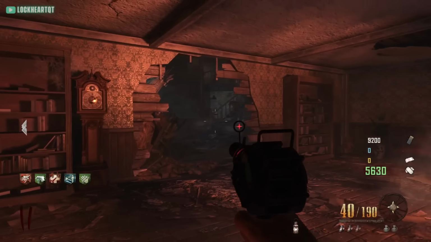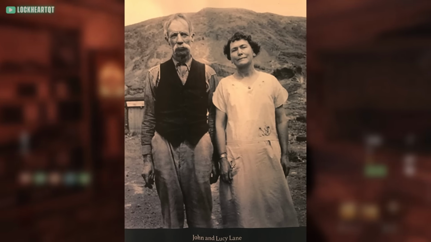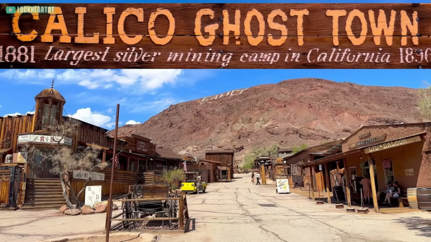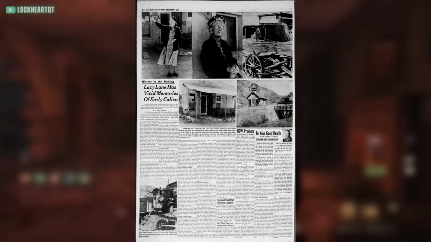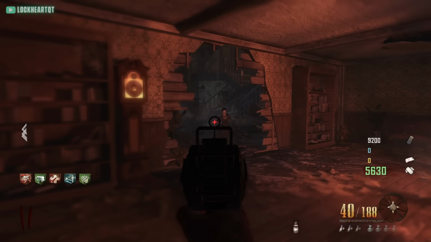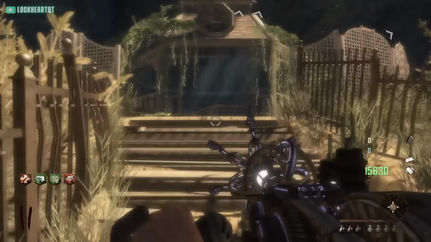This lady is actually inspired off Calico's real-life residence, Lucy Lane. Remember earlier where I mentioned Buried was featured and inspired off a real-life ghost western town in California? Well, Lucy Lane, who died in the ghost town, is the inspiration, and most people even call her Lucy in the map. So after this, once you've ventured through the ghost house, you are then presented with a maze that